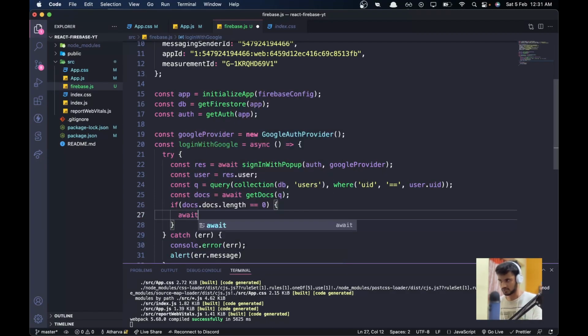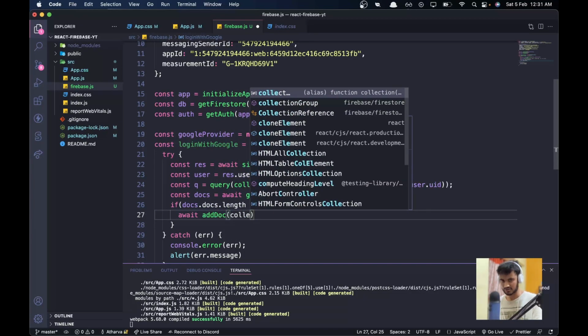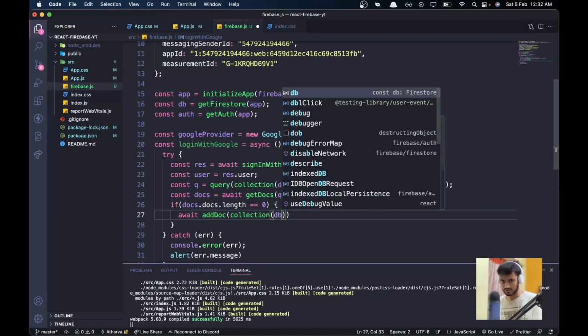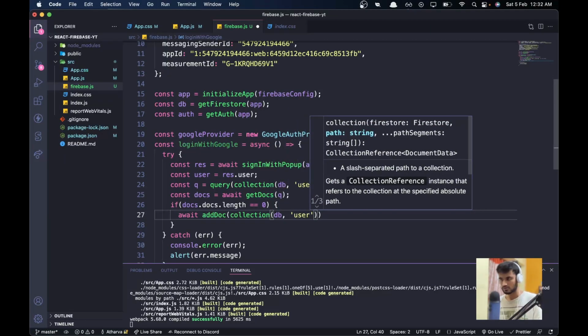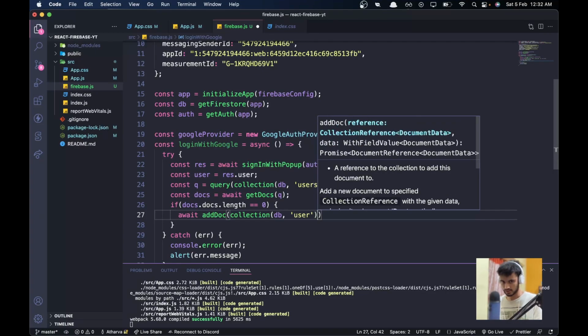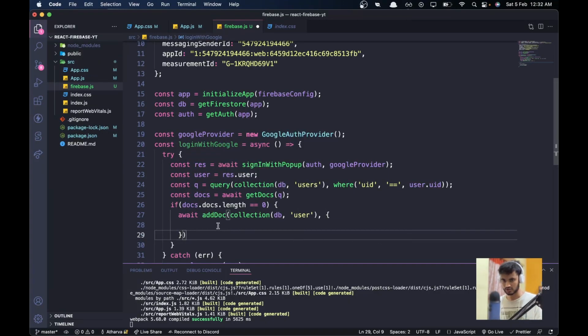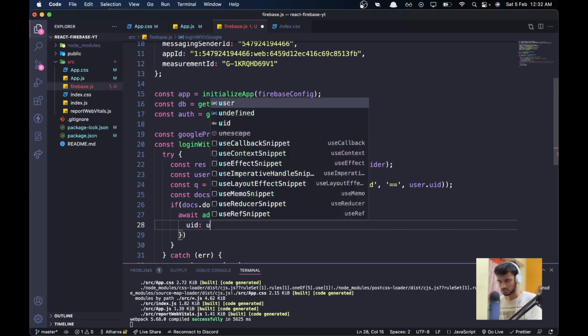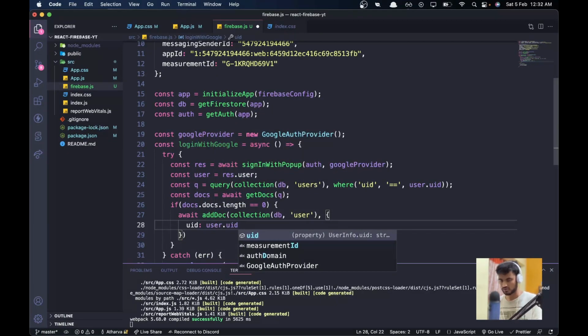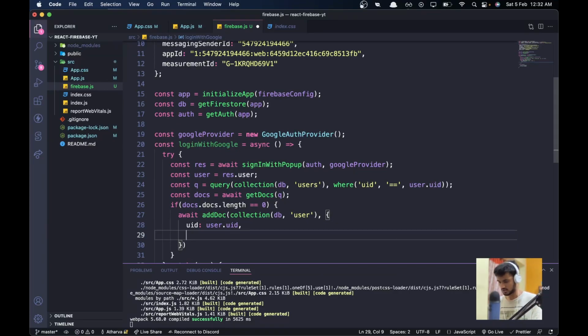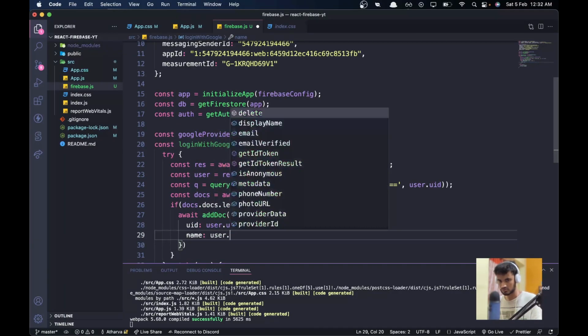So we can say await addDoc, and again the first thing we always pass is the collection. So we will pass in the collection, we will say the module is DB and the collection is users, and then we can add the things we want to add to this specific record. So these are all the details, all the fields. So first field I want is UID. So the basic UID I got from the Google provider, so we can just do this. I'll say user.uid, and then I'll say name, I'll say user.displayName,